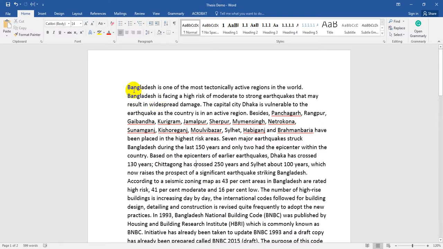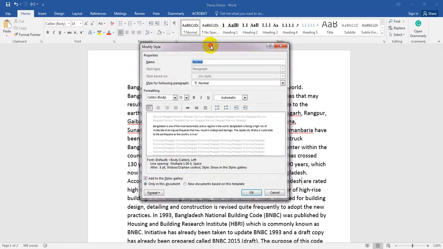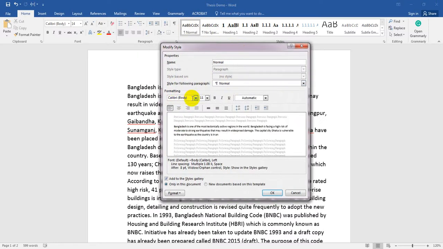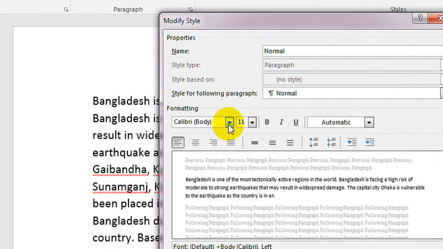So I'm just giving you some random data, and you have to get that data from your thesis supervisor or project supervisor. So first of all, I will go for normal. Right click, then click modify. Okay, click here, modify. So when it's done, this is normal, and style for following paragraph, this is normal. So for normal, from here you have to select from formatting,